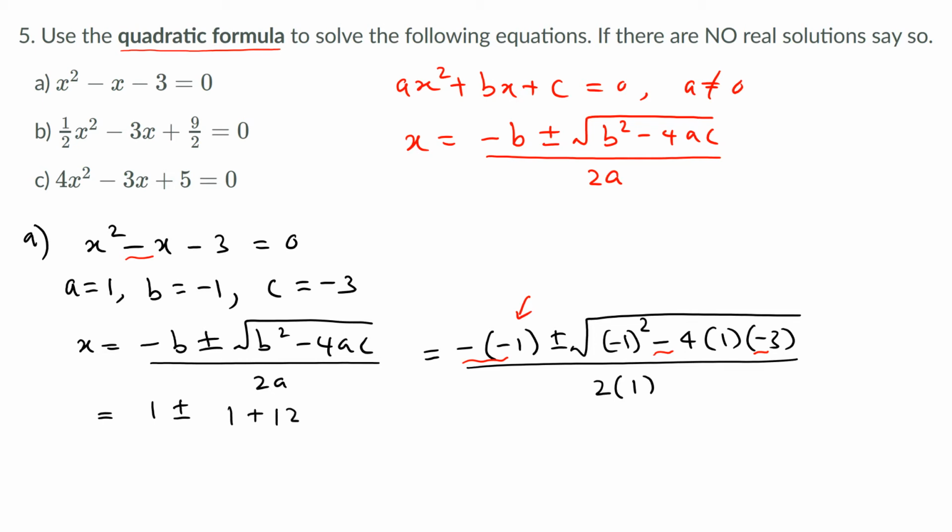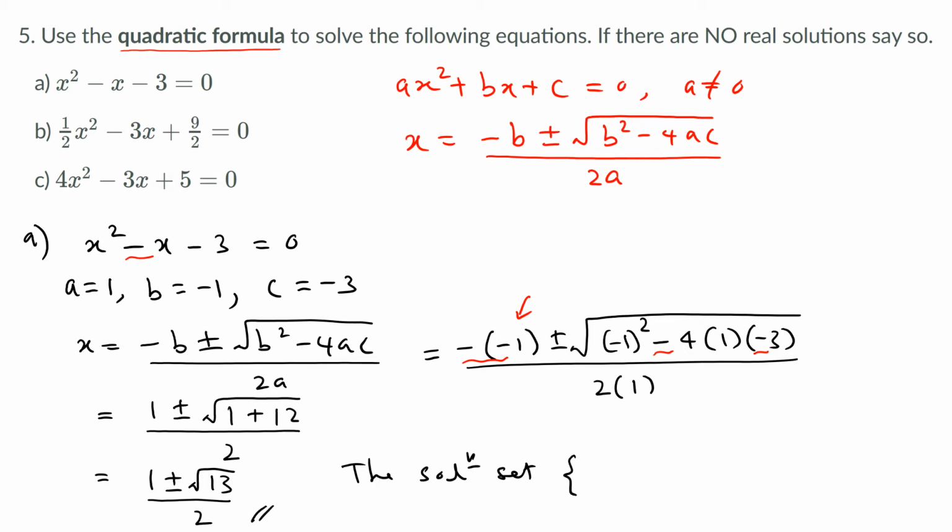So it's positive 12. So that's what you get over 2. And then you can see plus 1 plus 12 is 13. So that means finally you get 1 plus or minus square root 13 over 2. So those are the two solutions, and if you want, you can separate them, or you can leave it like that. And if you have the solution set,